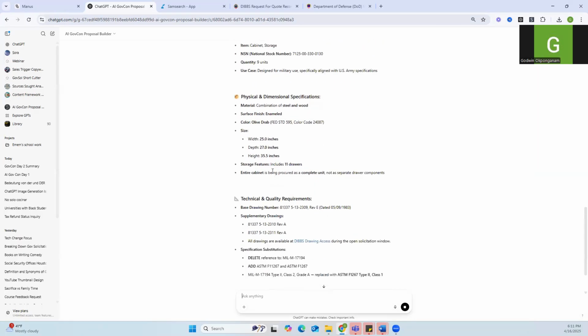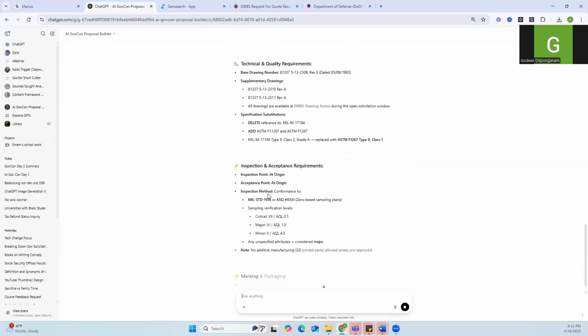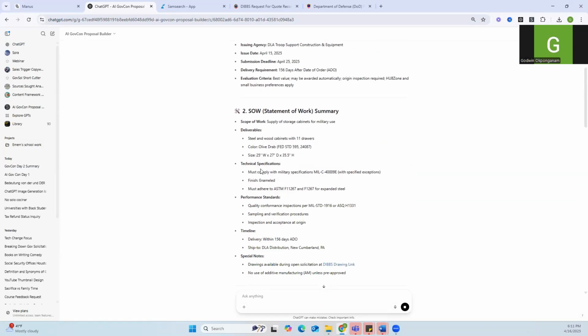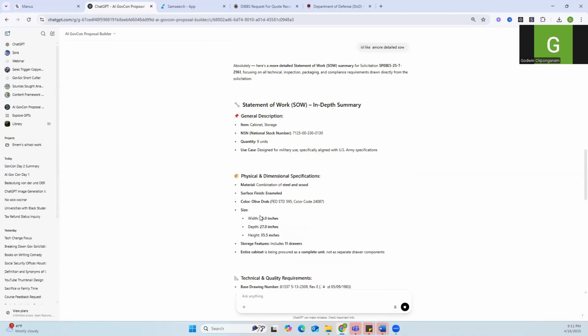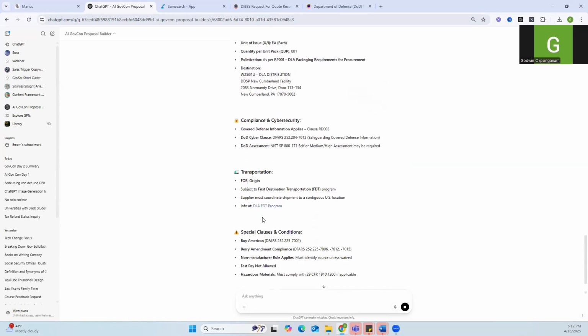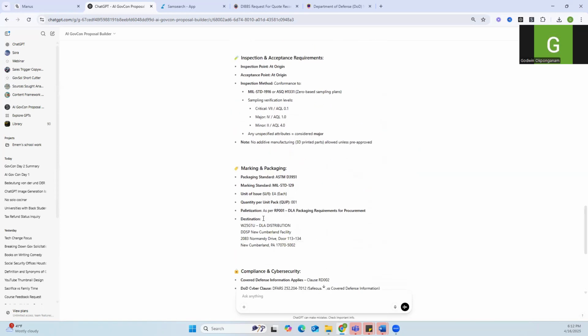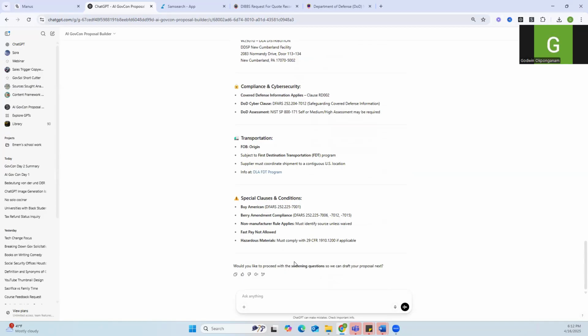So again, I don't want to spend too much time reading into the details, but I'm sure right now you can notice that the SOW summary that was given here versus what we have being produced here is far more detailed, far more superior. What you're going to notice as well is that there's always going to be a follow-up to get into proposal writing. The point of this bot is to get you to the point of understanding the proposal, finding subcontractors, and writing out your proposal quickly. So the follow-up question here is, would you like to proceed with screening questions?